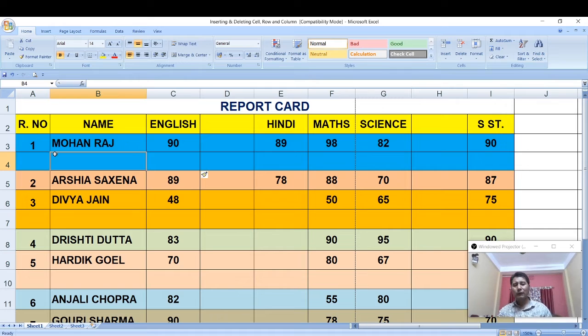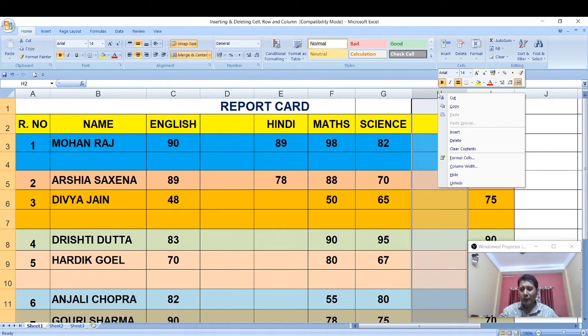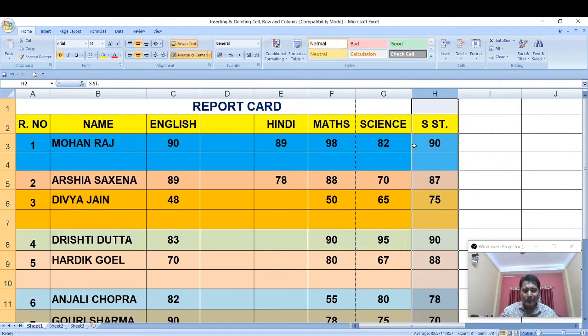Similarly, if you want to remove or delete unwanted rows and columns, you can also do this in a similar way. Suppose I want to delete this column, so go to the column heading, right click the mouse button, and from the drop down menu click on the delete option. You can see that the column has been deleted. Okay, the second method is, suppose I want to delete this column, so click on any of the cells